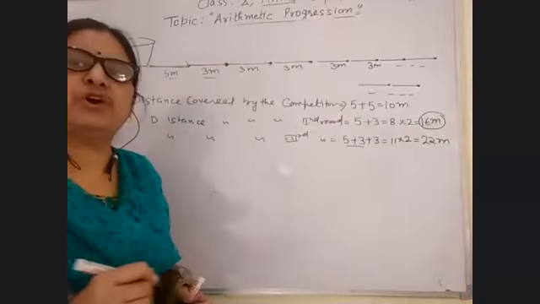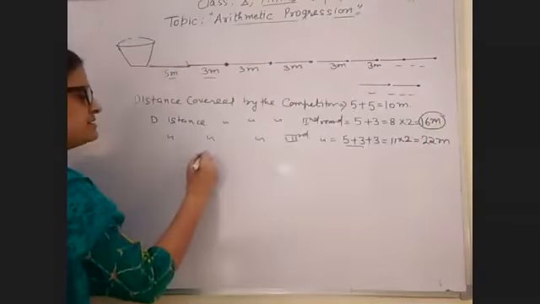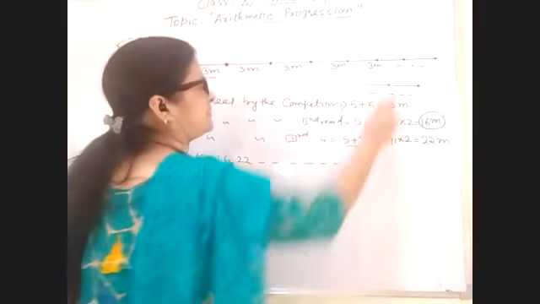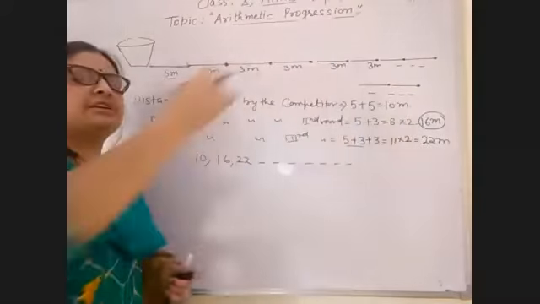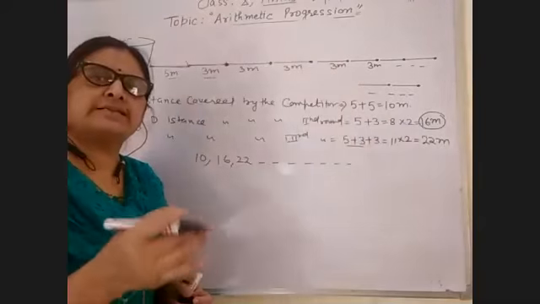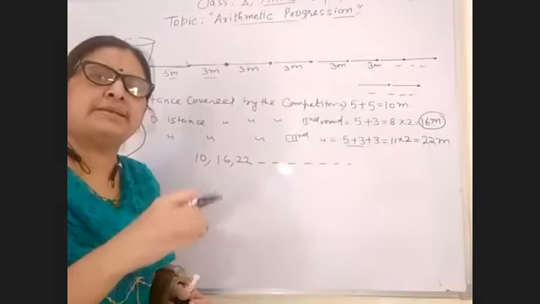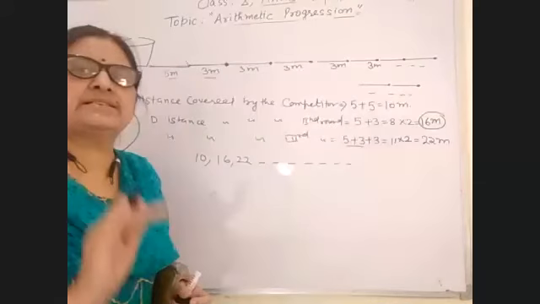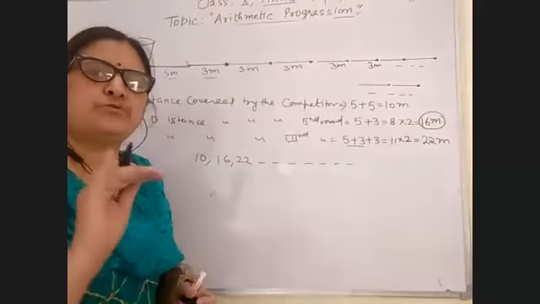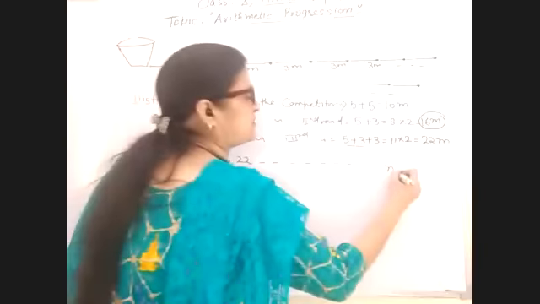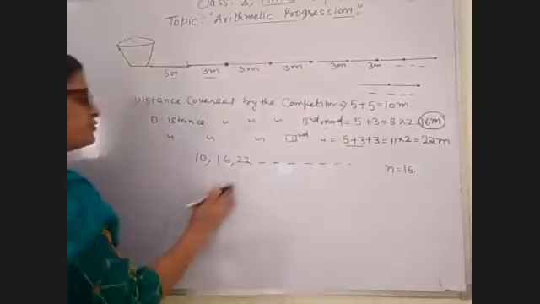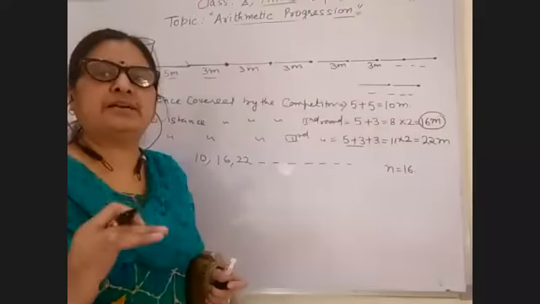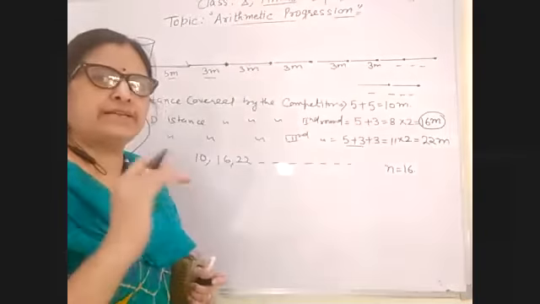सो दिस इज फॉर्मिंग एन एपी. 10, 16, 22, ऐसे वो जब तक पोटैटो सारे के सारे पिक नहीं हो जाते, वो सारे के सारे बकेट में डाल नहीं देती है, तब तक उसने ये डिस्टेंस जो है total how much distance she has covered you have to find, and number of potatoes are there 16. So you have to find the total distance which was covered by the competitor. You have to find in the question.